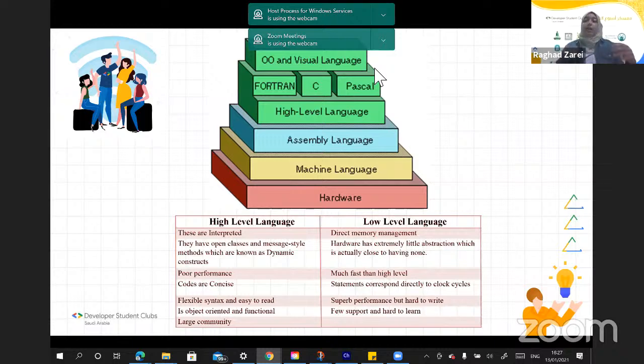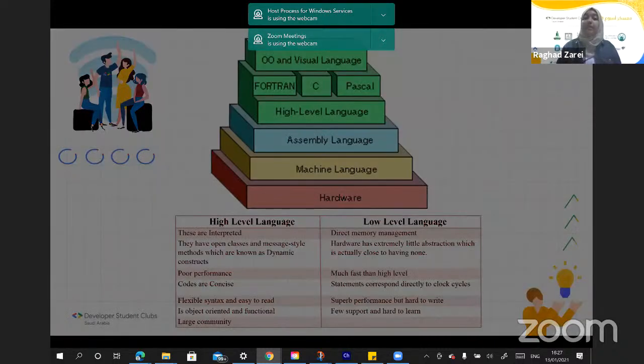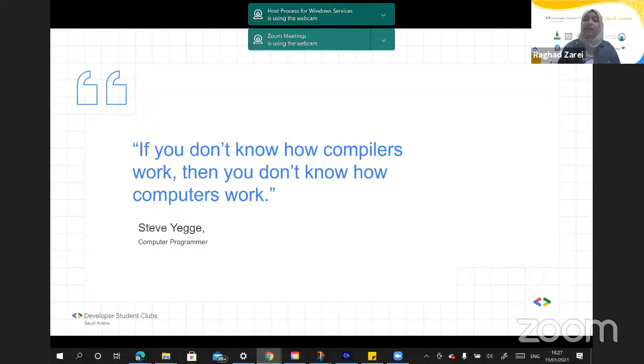Now, there's a saying by Steve Yegge that says, if you don't know how compilers work, you don't know how computers work. I hope you understand what this quote is trying to say. Now that you know what happens behind your compiler, you know how computers work.